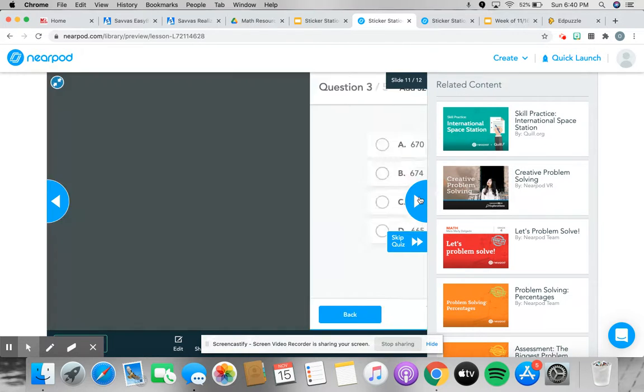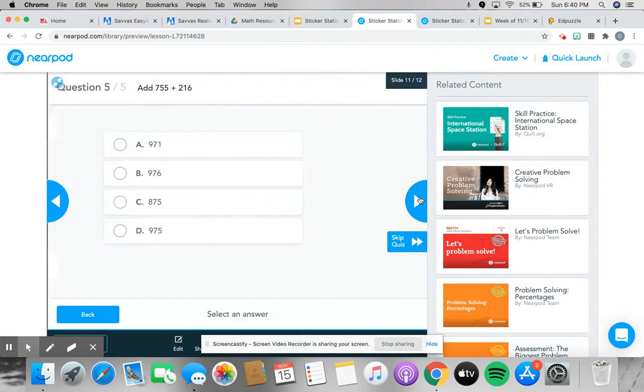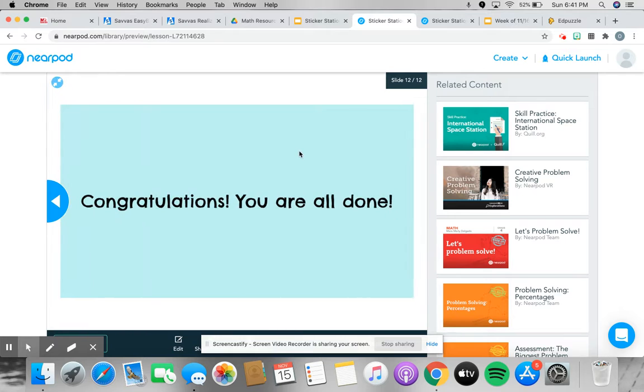After that question, go on to the next and the next and the next. There are 5 questions total. When you're finished with the quiz, you can submit all of your answers, and then you will be done with the Nearpod. If you go back to Schoology, I'll have some other activities you can work on for today in